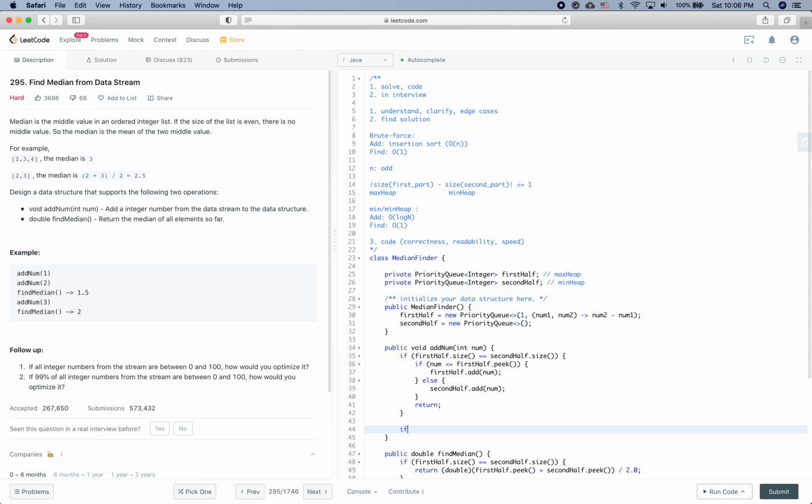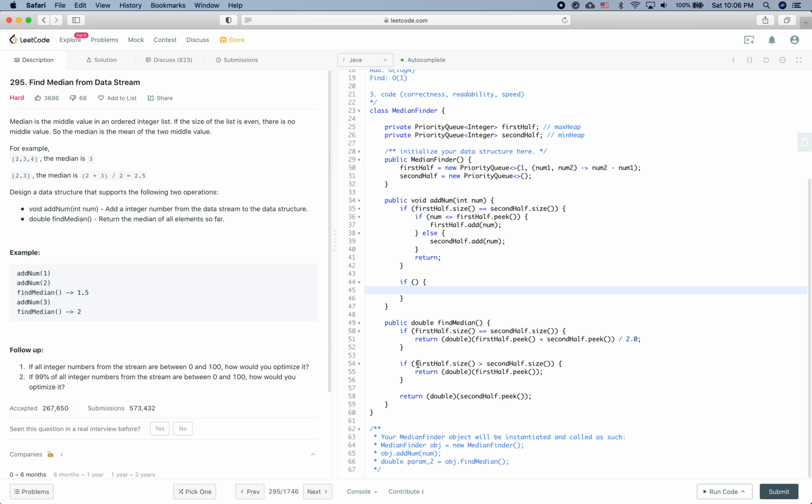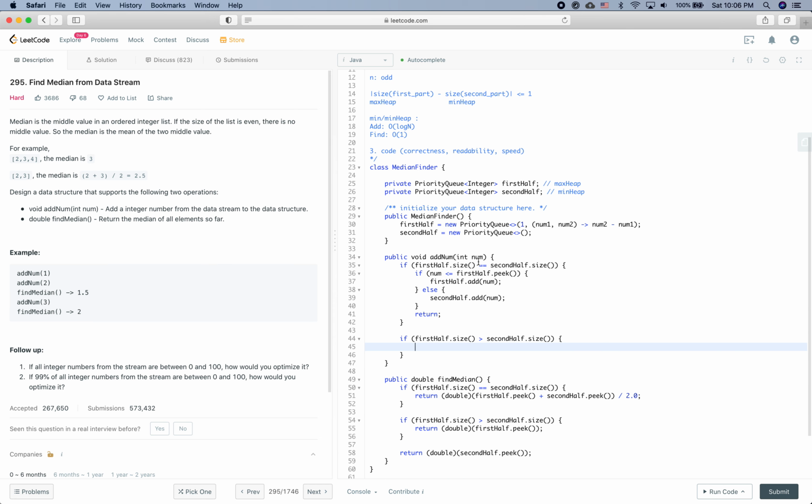Otherwise, if the first half is larger, then for sure we need to add a number into the second half. But before that, we need to see whether the number is larger than the maximum of the first half. If it is larger, then we just need to add it to the second half without doing any extra operation. Otherwise, if it's smaller, then we need to pop the top element from the first half and then insert it into the second half. So if it is equal, then